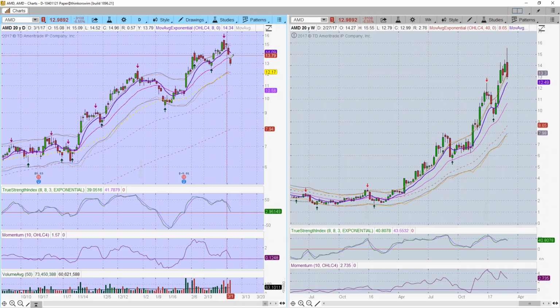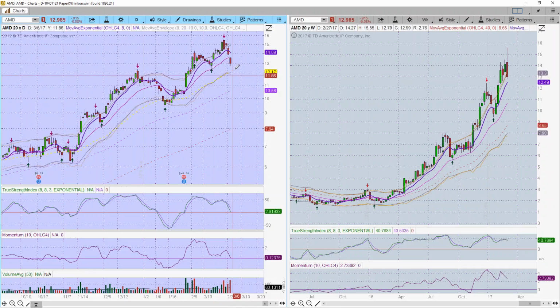If we take out the 50, or it bounces off the 50, I'd be interested in watching the reaction move off of that. If the reaction move was just back to the 20 or the 8-day and then a rollover, that would be telling us, hey, get ready for some additional downside.